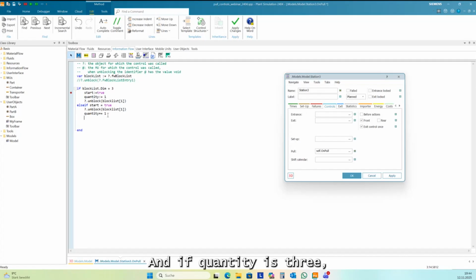And if quantity is 3, then I stop the movement of the parts by setting start to false.